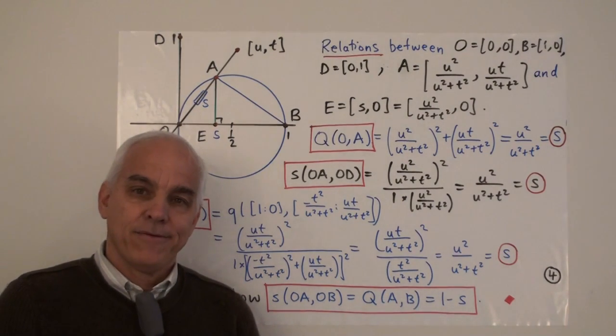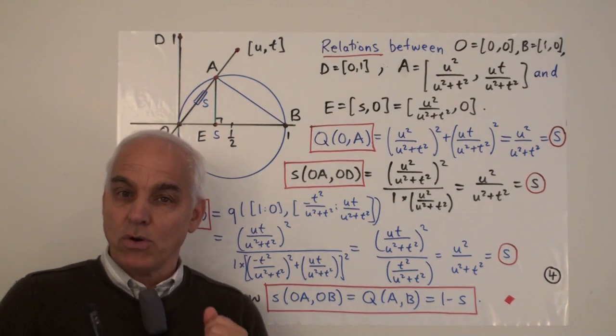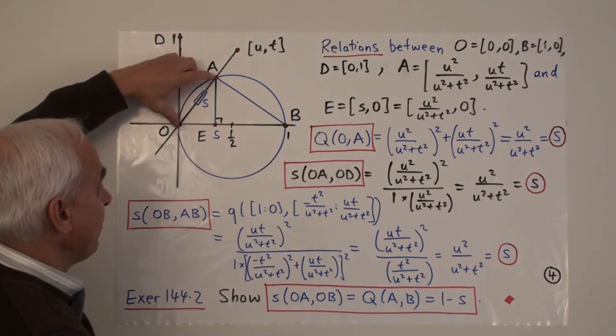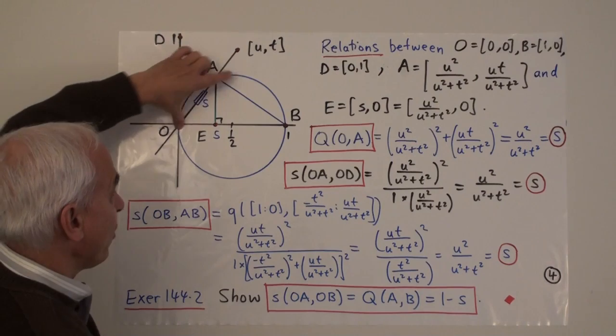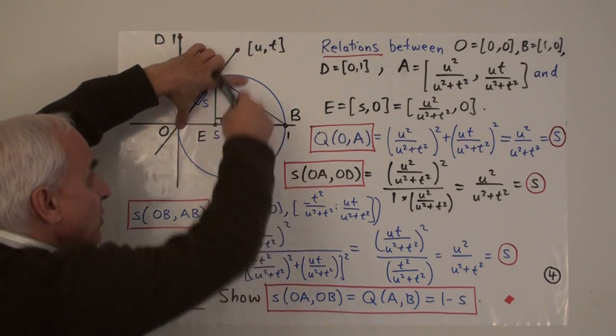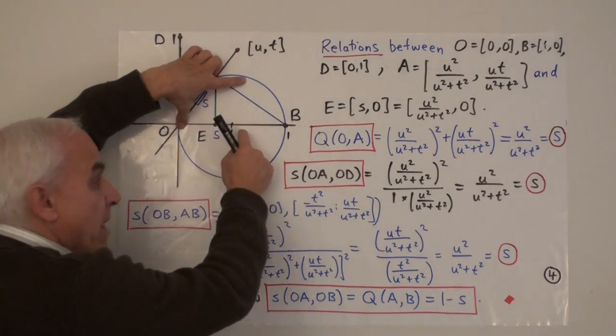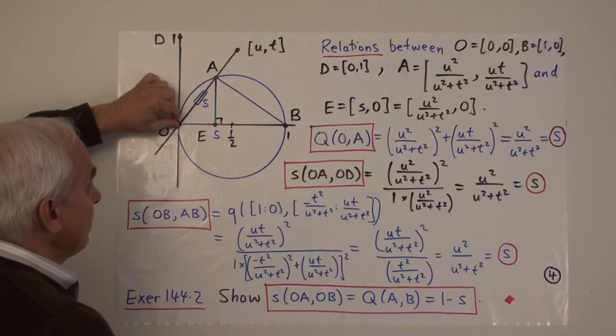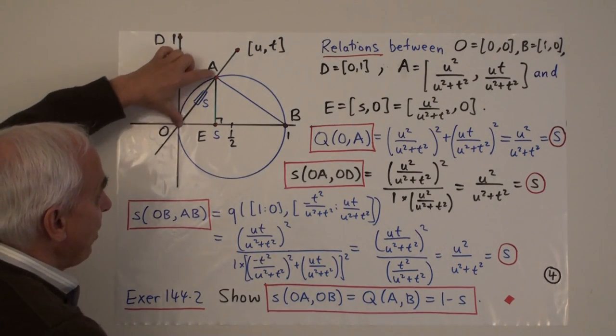Already this is a very useful aspect of this core circle. If you want to measure a quadrance between here and any point on the circle, all you do is drop down a perpendicular and measure that x-coordinate. And it's always between 0 and 1. So very simple.